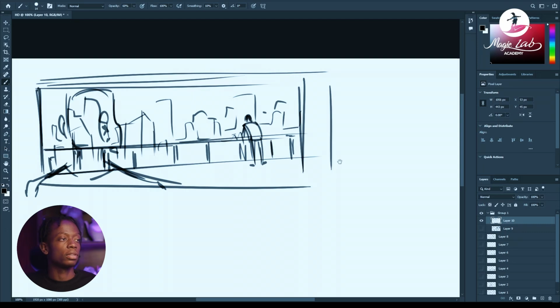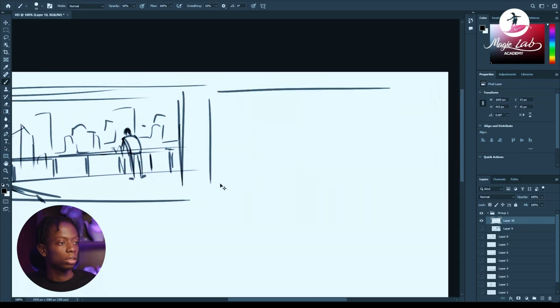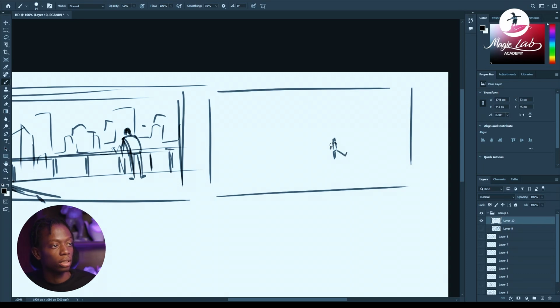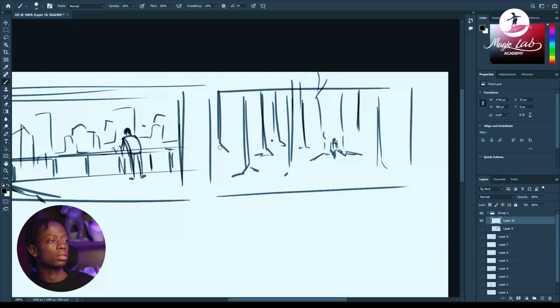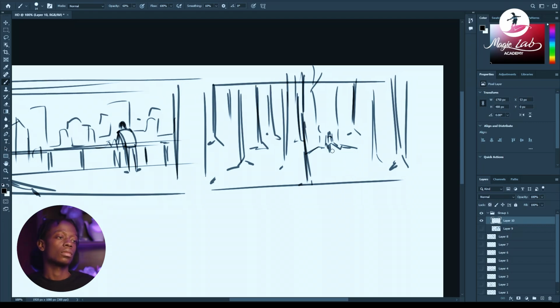It could also be a forest type setting with trees all around and our main character just sitting right there, helpless, maybe after a fight or something. Let's say this is the mighty tree, and then we have other trees. Perspective. If you have this tree standing right here,